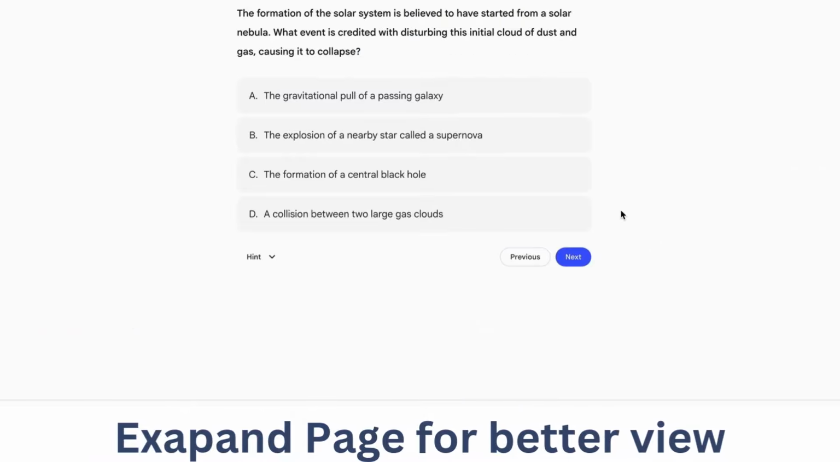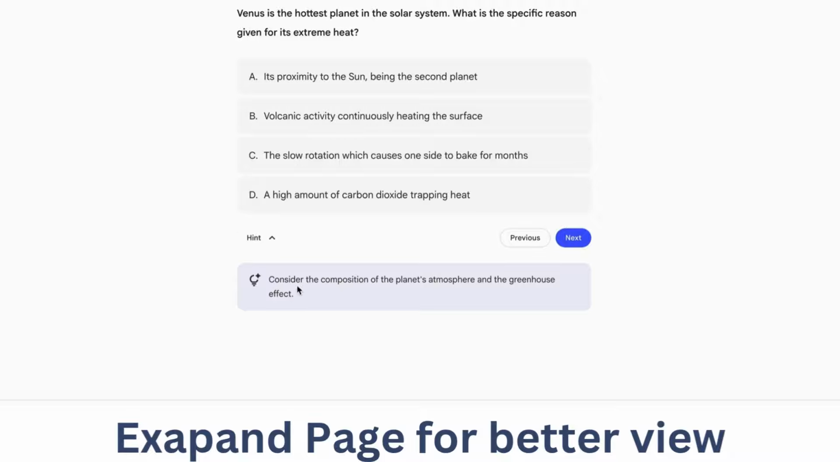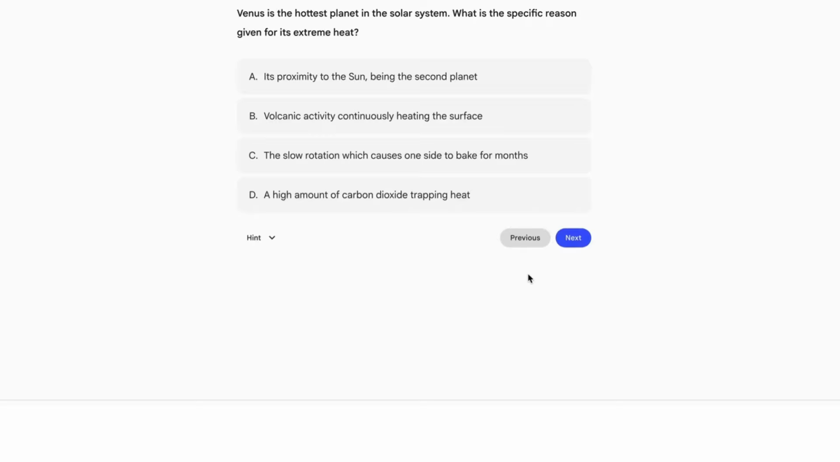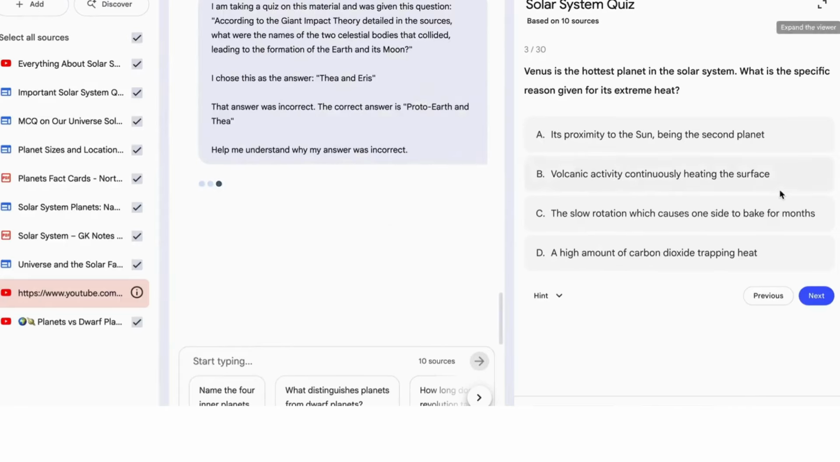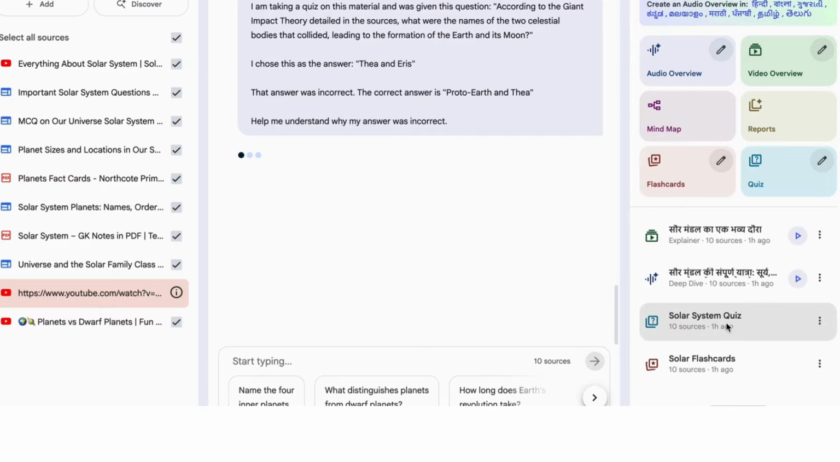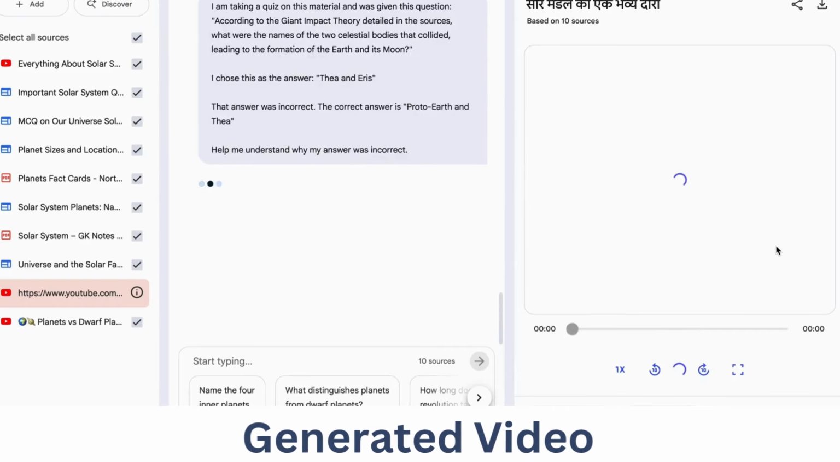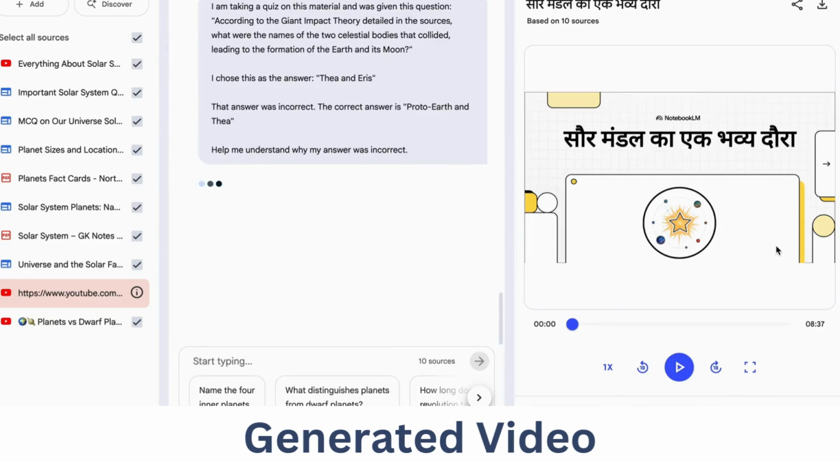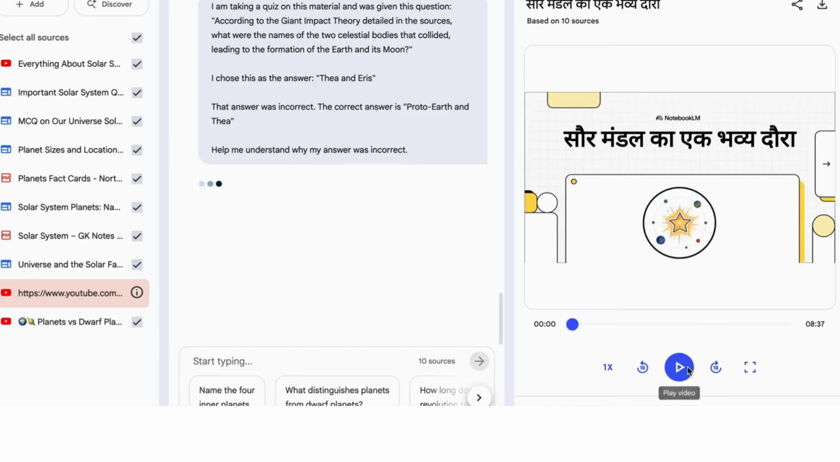You could expand the page. You could see it in full page mode, so that it's easier for you to go through the quizzes. So everything is there. Now all these things have been generated as per your needs, right? So any student can do this, or if you want to even study for any kind of interviews, you could do that. Now this is how it is working, right? Now let's see the audio part of it. Sorry, let's see the video part of it. Now I clicked on the video, it has generated,